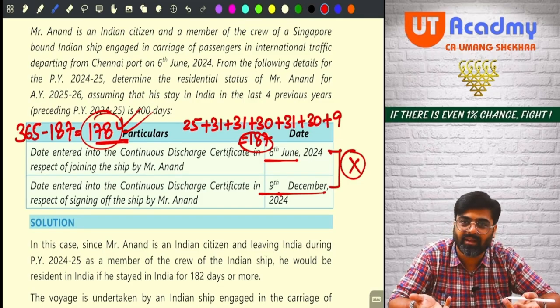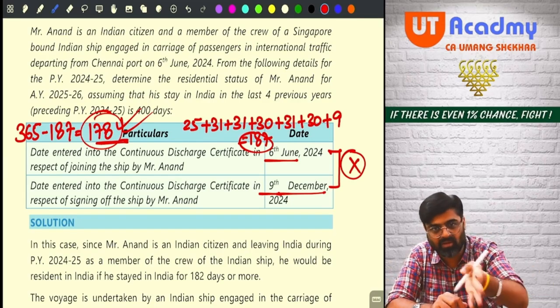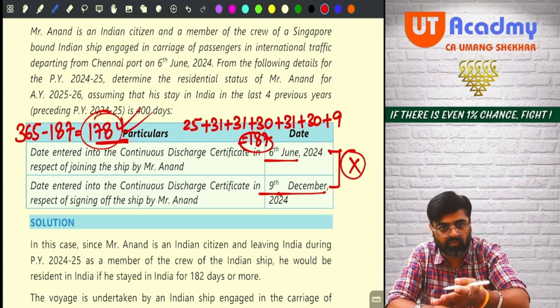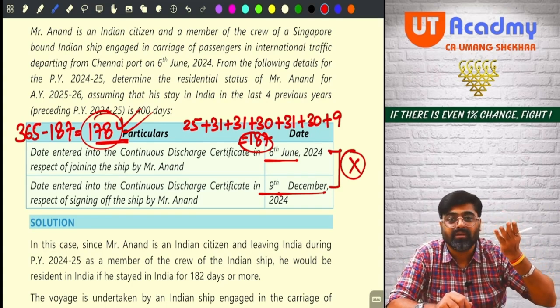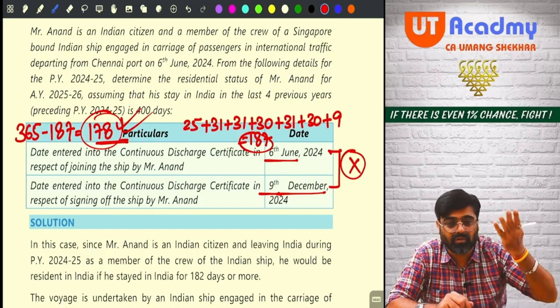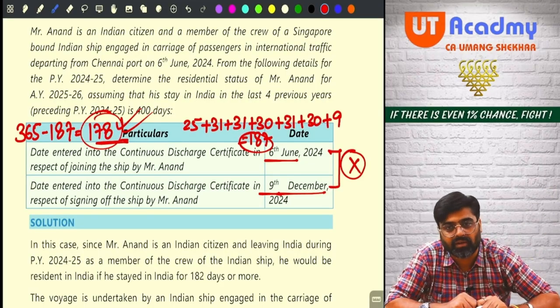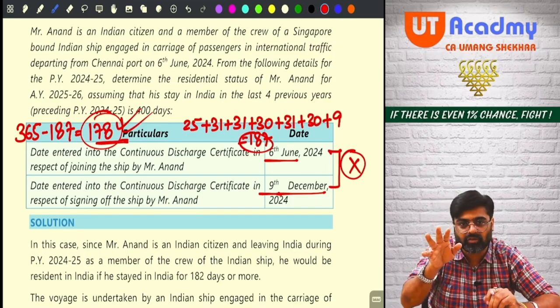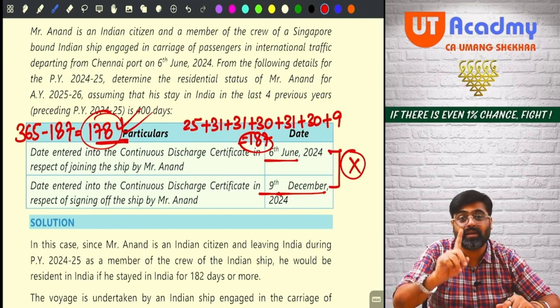Understanding? So if you are not fulfilling basic condition A, A applicable, B not applicable, A applicable, not fulfilling, you directly become non-resident, because 6(1)(a) is also not applicable, no? So call yourself a non-resident. So what will be the final answer? Looking at this, what will be the residential status of Anand for this year? Anand will be treated as non-resident.